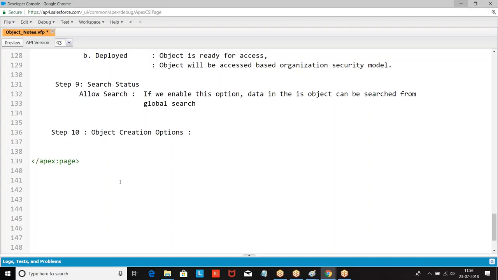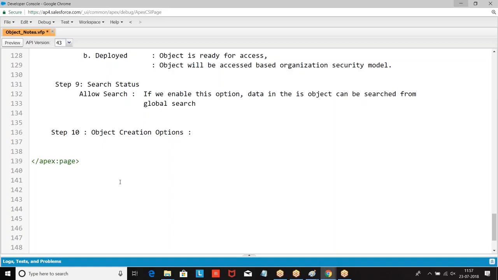Once the option is enabled and I create an object, I cannot disable it. Once the object is created, you cannot enable this option or disable this option. These options are available to you only till you create an object. Once the object is created, I cannot enable this option or disable this option. I hope you are clear.